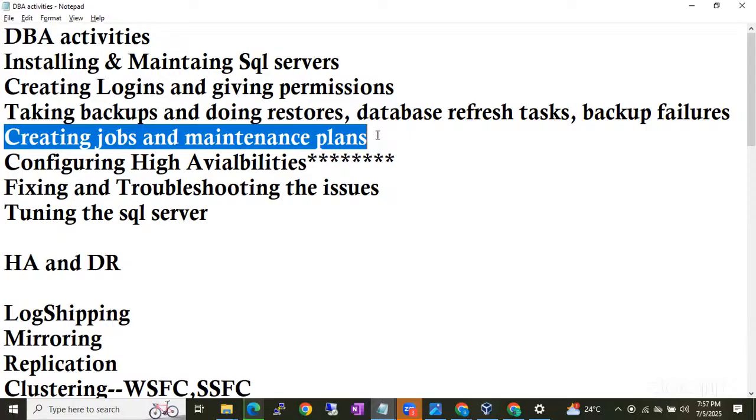If backups fail, or if any maintenance tasks fail, it is our duty to fix what the issue is and where the issue is. On the database side, SQL Server side, if any issues are there, as a DBA, it is our duty only to fix it. Because we are taking backups of a database, how would we know how much space